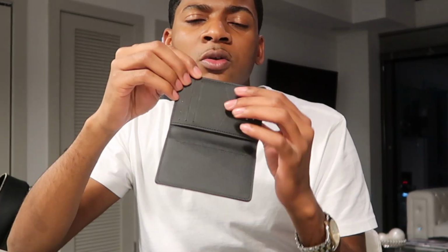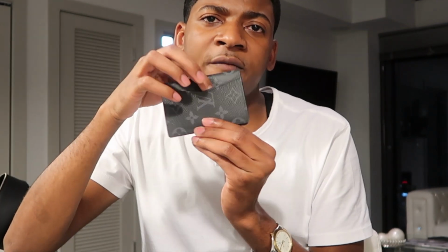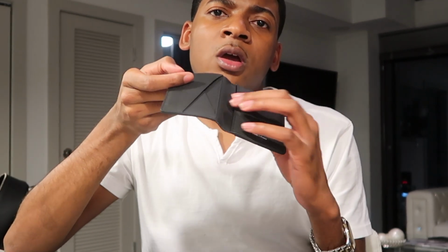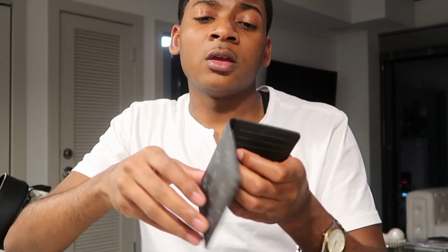And what happens is my cards, after I have so many in them, the numbers were like engraved into the wallet, and you can see my name and my card numbers. Whereas with this, it's built to hold more wallets, and you can space them out. You can have one in all of these. You can have like 2 in here, maybe 2 in there. And if you wanted to, maybe keep your driver's license in this back pocket. I wouldn't. I think I would just do like 3 here, maybe 2 in this back pocket over here, and then 2 in the front one over here, and leave it at that. But this one is built to hold more cards, so these will probably last a lot longer than